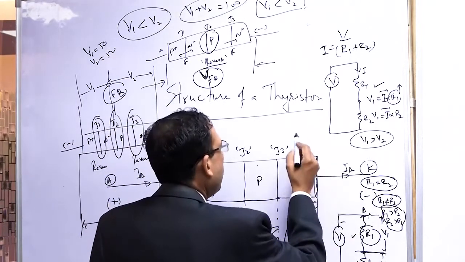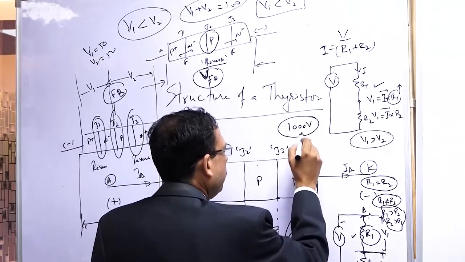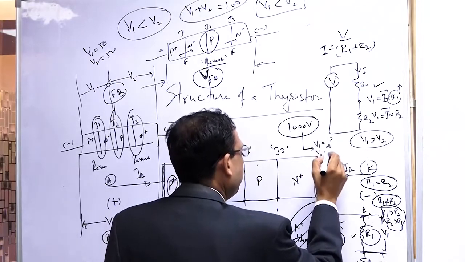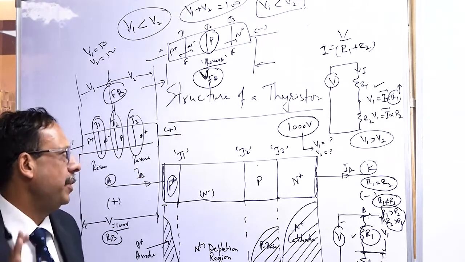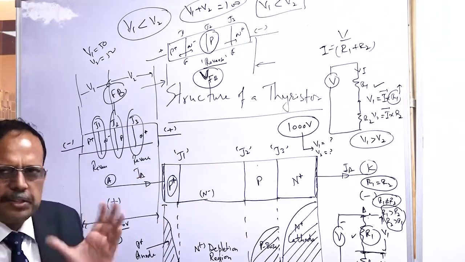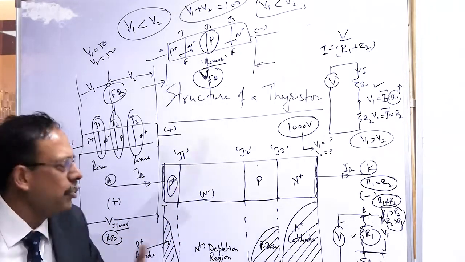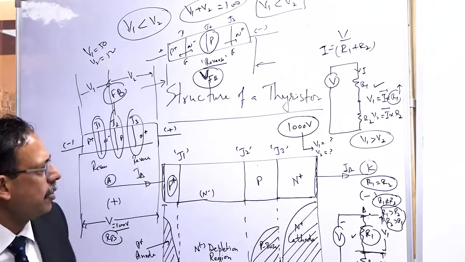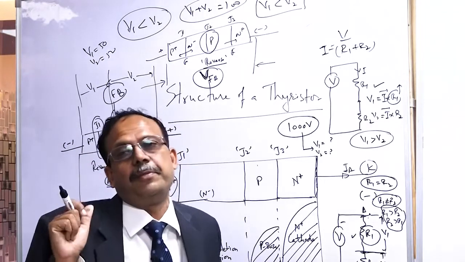So V1 is more. Now let us say 1000 volts is the reverse voltage. Can you tell me approximately what V1 should be and what V2 should be? This is the interesting thing actually. Now you have understood V1 and V2 are going to be different. Let us say the reverse voltage applied is 1000 volts. You don't know the values of R1 and R2. If I give you the values of R1 and R2, you can find the current and give me the answer. What would be the approximate values of V1 and V2?